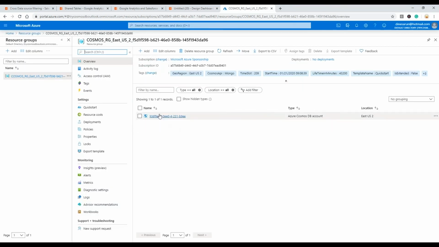And as I told earlier, this is how my data looks in my Azure portal.